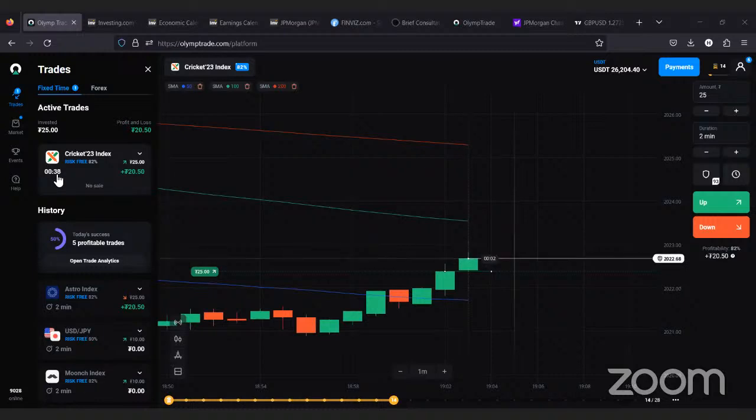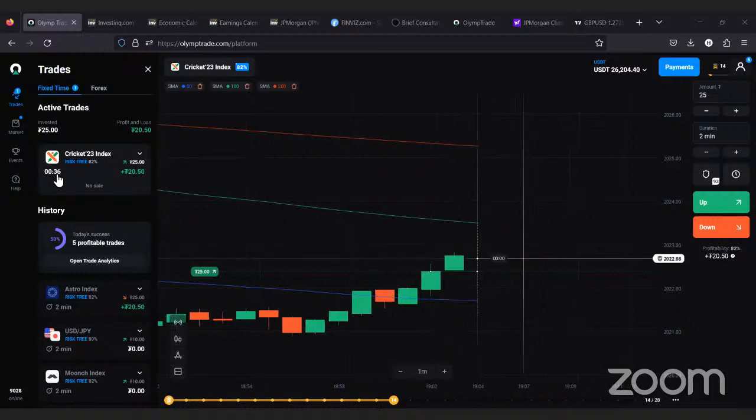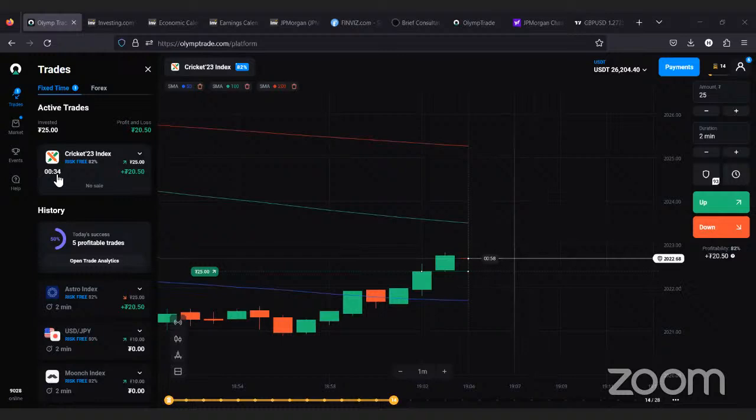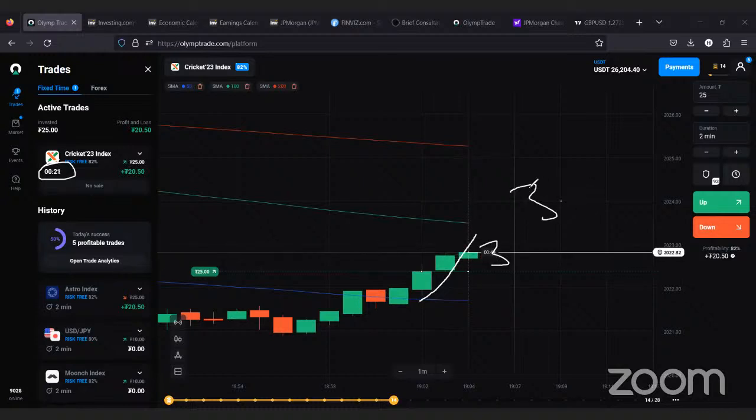So that's why please understand the importance of the entry point. Now these 30 seconds can do anything. Usually this is the 2 candle pattern. If I could open the trade for 3 candle pattern, then here, if I could open the trade with 3 minutes, then the trade is going to be finished actually 44 seconds after